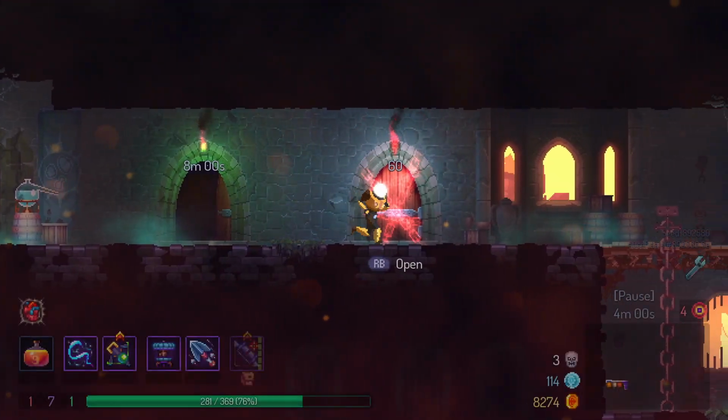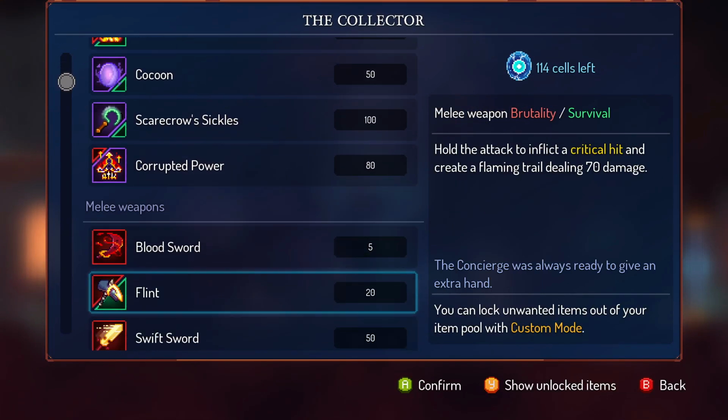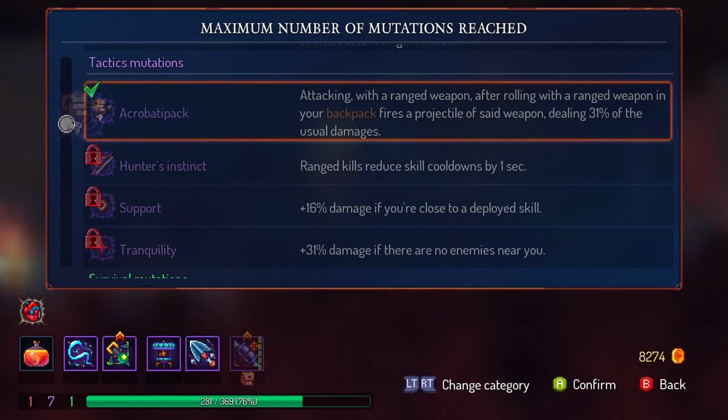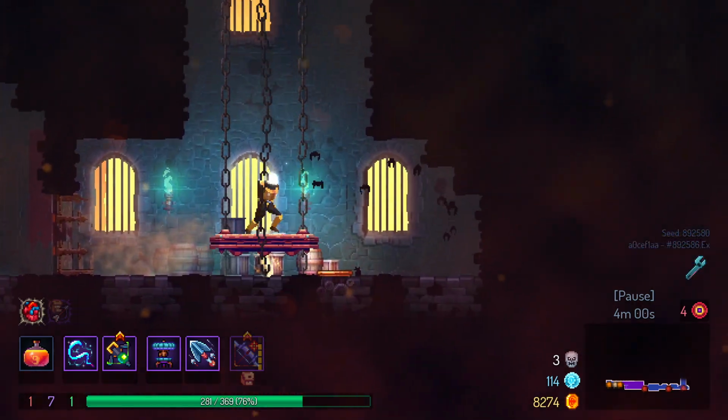But, I mean, you can also just kind of get a... No, again, I'm going for the forge. I got 114 cells right now. It's going well. It's going well. Give me that Acrobata Pack. There we go. Now enemies are going to be...